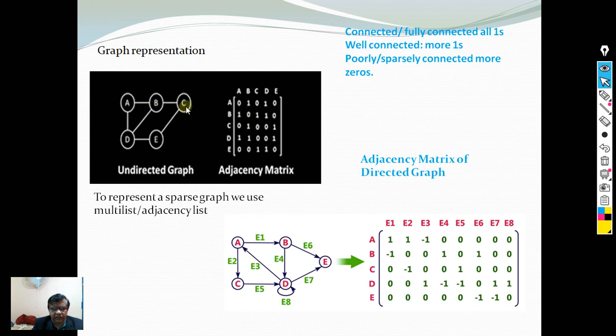A to C is also connected through this particular thing, but we will never do that. Here connectionality means direct connectionality. A is directly connected to B, B is directly connected to D, A is directly connected to D. Direct connectionalities are written over here in the form of 1 or 0. Therefore, the entire graph is represented by an adjacency matrix.